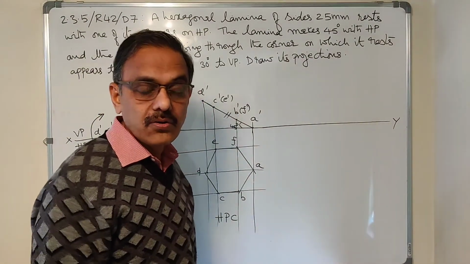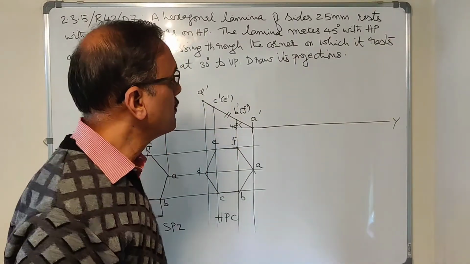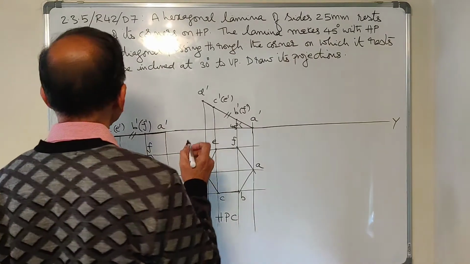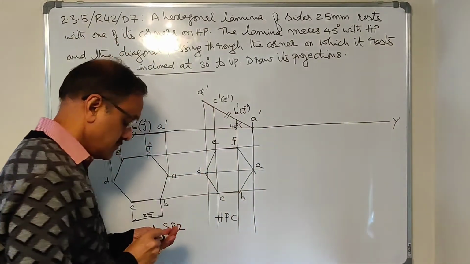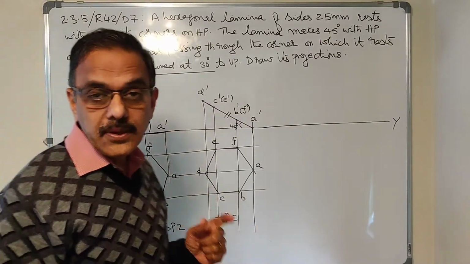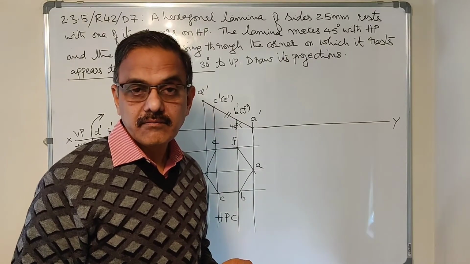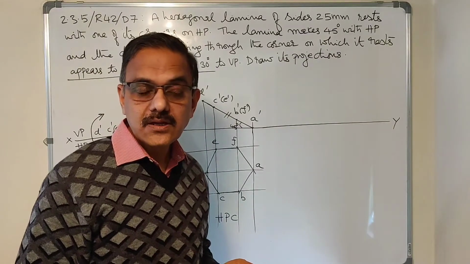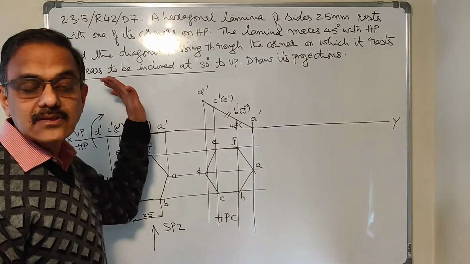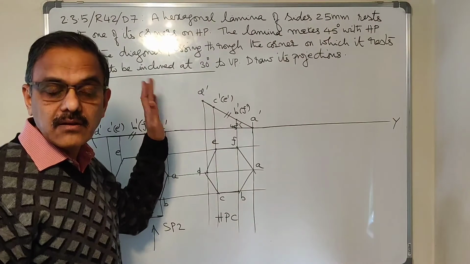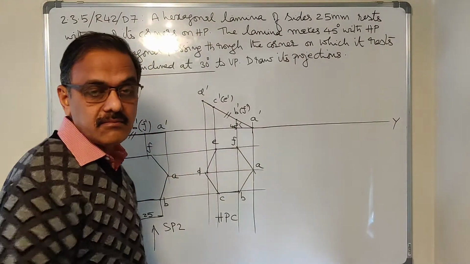That is found. Now check whether the given angle is true angle or apparent angle. What is it mentioned? It appears to be inclined at 30 degrees. When you find the word appears, that means that angle is apparent. So the length is apparent, the angle is also apparent, then no need to find beta. Straight away you can rotate.